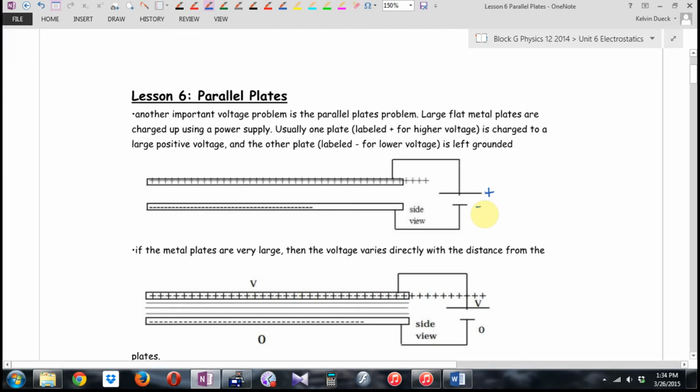Usually one plate labeled plus for higher voltage is charged to a large positive voltage, 500 volts, 300 volts. And another plate labeled minus for lower voltage is left grounded, so it actually has a voltage of 0. If the metal plates are very large, and again, by very large I mean really just 5, 6 centimeters, because on the atomic scale it is very large,